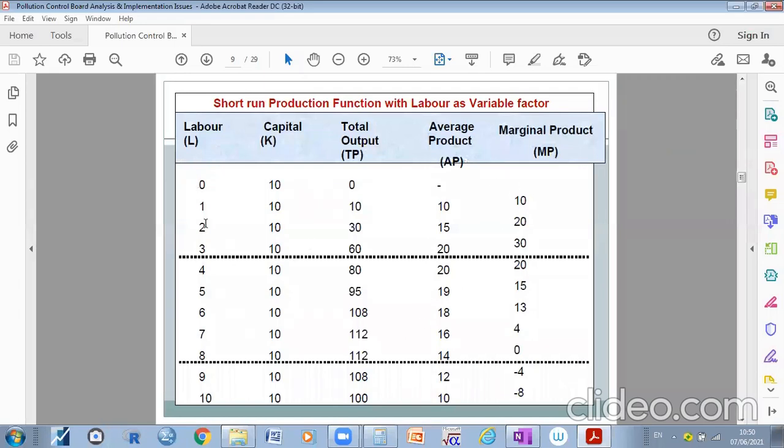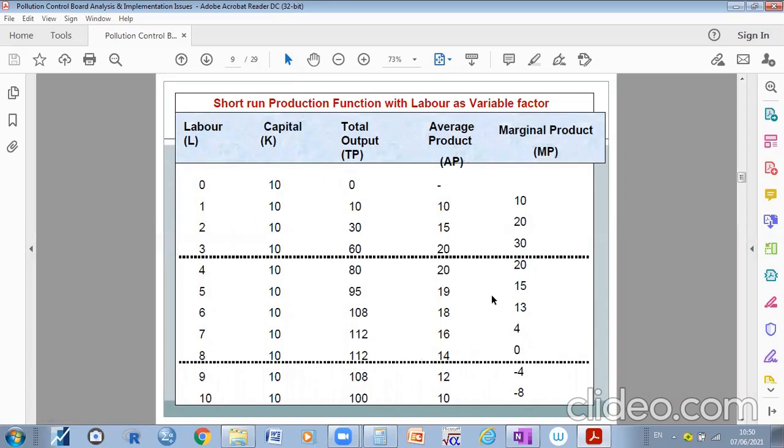Here, as labors increase, the marginal production also increases up to the third labor. See here, when you are using additional labors, from 3 to 4, the marginal production has decreased, from 20 to 0. When we are using additional labors from 8 to 9, 9 to 10, the marginal production has been negative. For example, this is how we can express it mathematically or numerically.